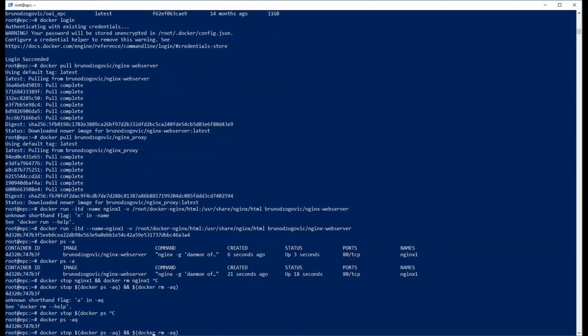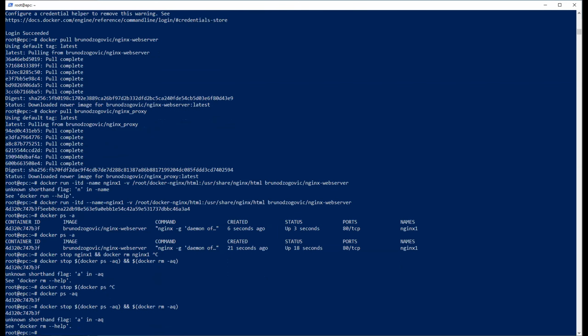It should be fine. Docker ps -aq and docker remove -aq. No. Yeah, I'll try to type it again. Docker stop and okay, one by one. Docker ps -aq, and this should pipe it in.